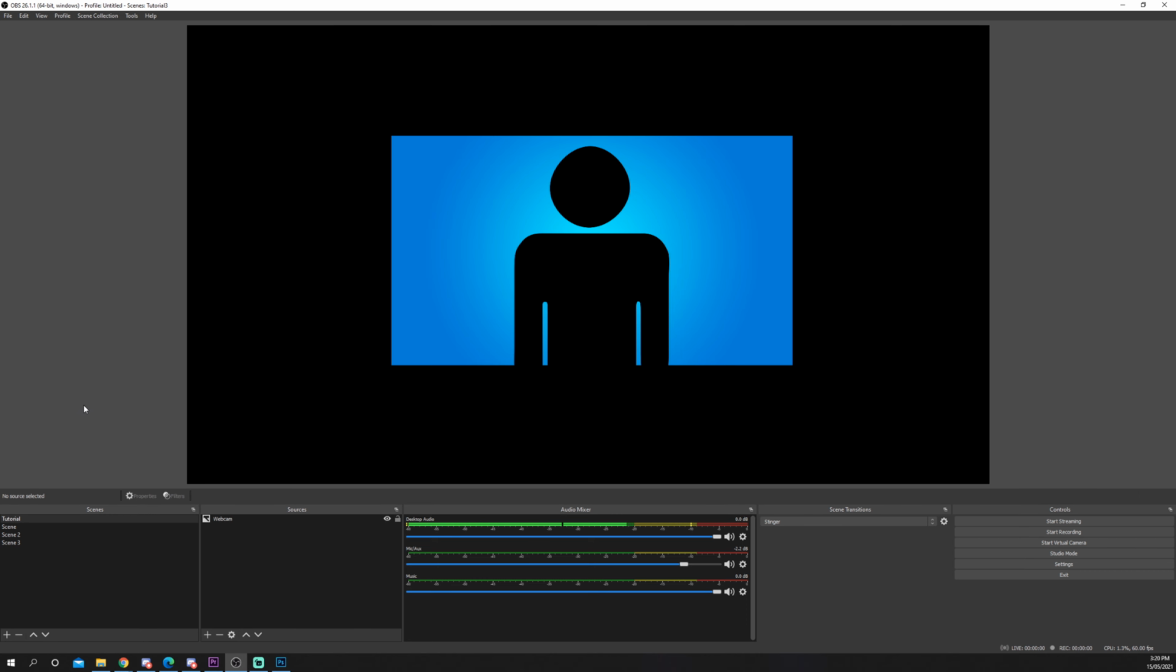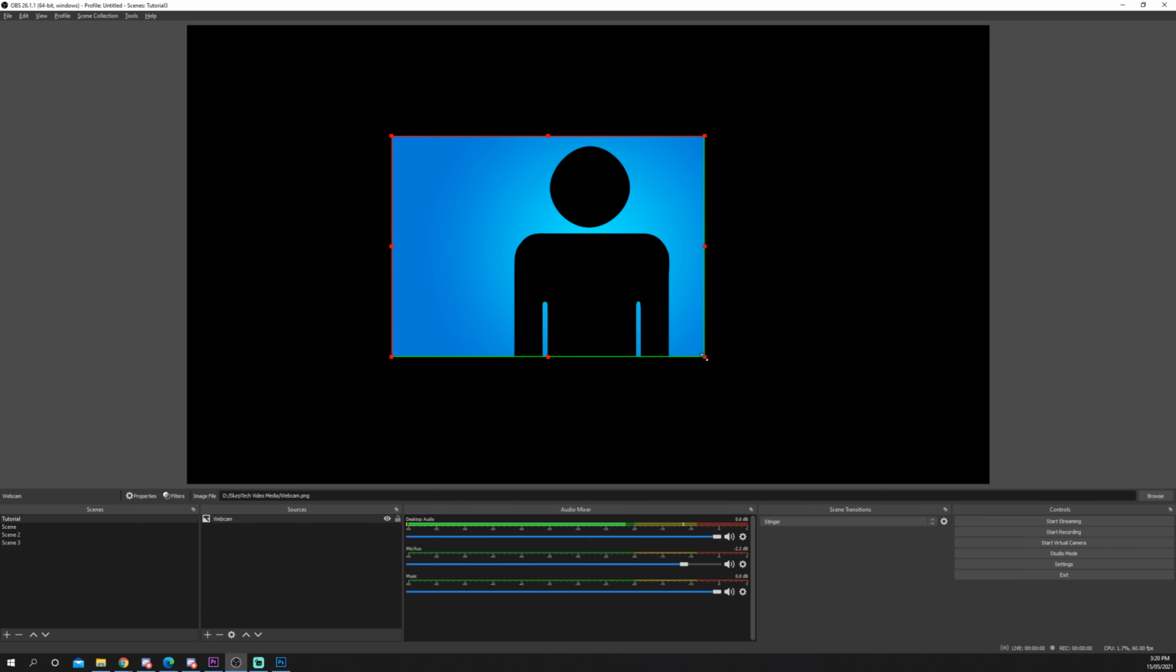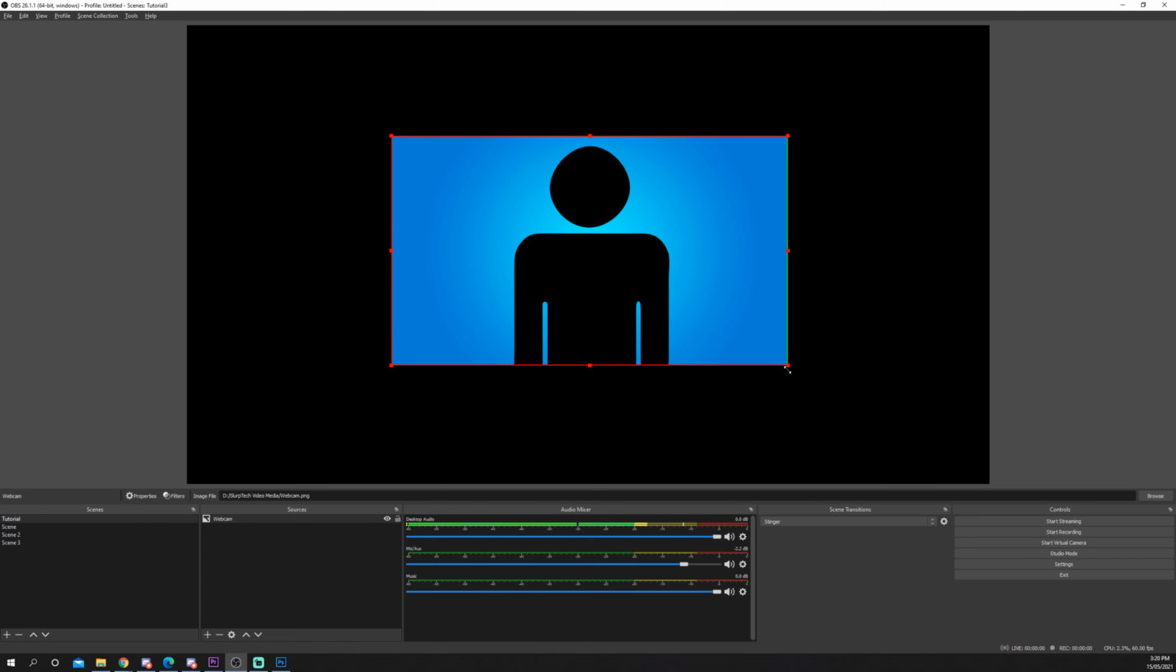In this video, I'll be showing you how to crop a webcam in OBS Studio. Start by selecting your webcam source. Hold the Alt key on your keyboard, then click and drag one of the corners. As you drag the side, it will begin to crop, and the line will turn green so you know what